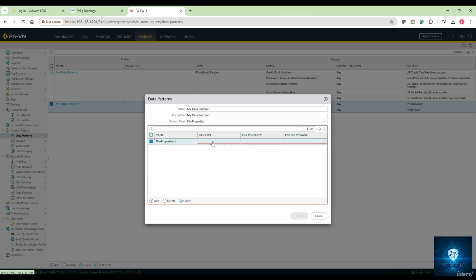Okay, so I can define the respective file type, say it could be a PDF file. In the PDF file I'm looking for any keywords or any subject or any title, right? Let's say I want to look for a keyword which is called, let's say, SSN, as the keyword. Likewise I can define